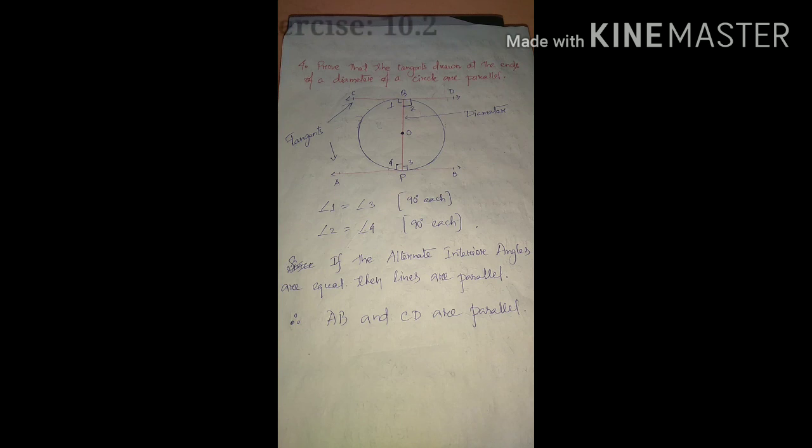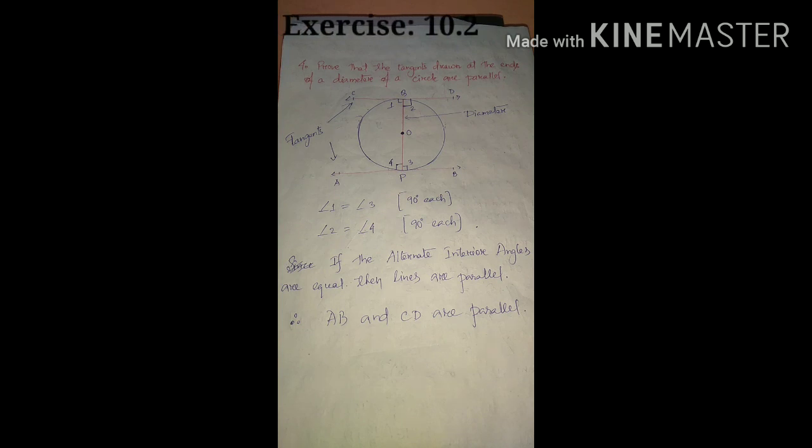Why do we convert it to this type of result? Because we need the square root. So x square equals this result. If you find the square root, 16 gives 4, 25 gives 5, and 9 gives 3. So easily we get the value of x from here: x equals 4 into 5 divided by 3, that means 20/3. So our required answer is the length of TP equals 20/3 centimeter. Is it clear?